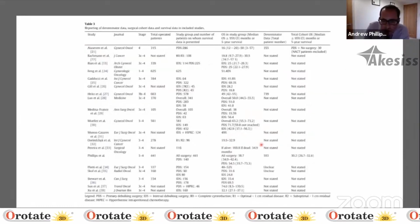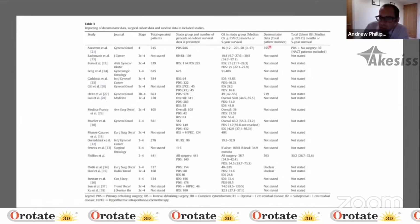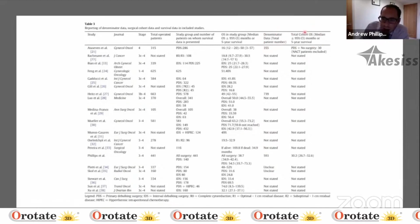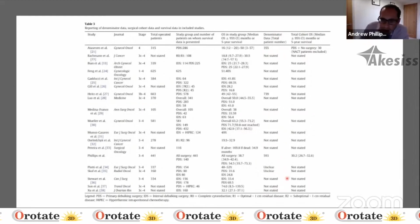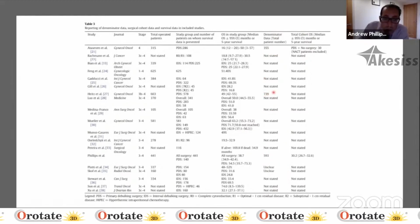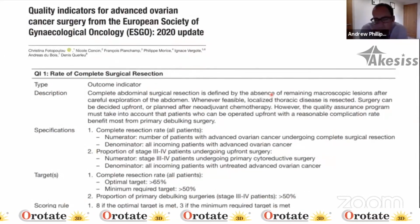So as part of that paper, we did a literature review and looked at a year's worth of ovarian cancer papers, just to see who released their patient denominator to make things make sense, and if they did the survival. What you can see is that for the vast majority of papers, there is no comment on the denominator data, which is revealed. We obviously did, and actually Andreas Dubois had 2 papers, I believe, which also published it, which is useful to know. But this is important because people will generate guidance and approaches to treating patients off the basis